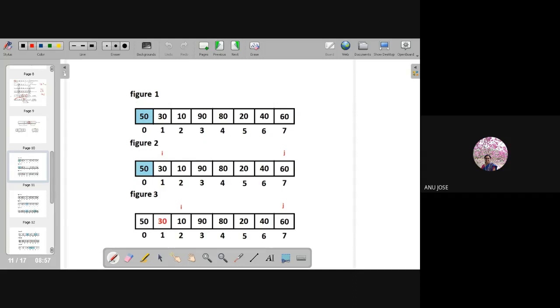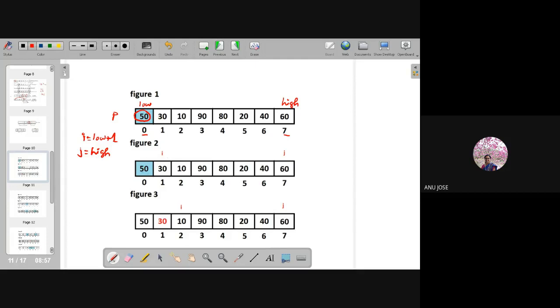Okay. So 50 I have to take as the pivot element. Other people please listen. Pivot means the first element I am randomly taking. So 50 is the pivot element I can take. That is what the first diagram was indicating. In the second diagram, the index value will be varying from low to high. So it is indicating the lowest index and the highest index. In this case, 0 and 7 are the lowest and highest index. And i variable is indicating low plus 1, and j will always start with high.